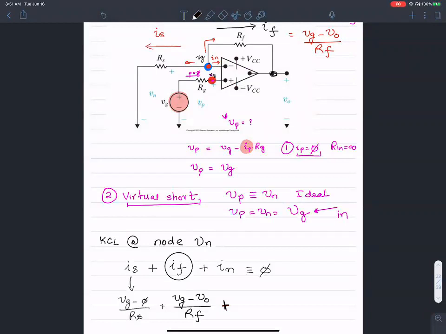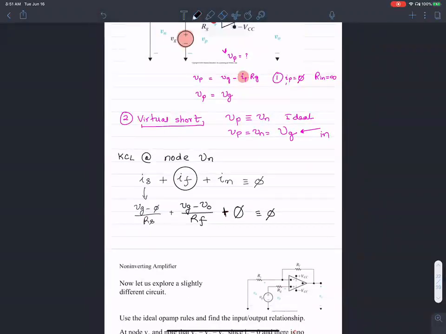What's the current going into the op-amp? It should just be 0, correct? That's 0, right? The current going into the negative terminal of an op-amp is the same as the current going into the positive terminal of an op-amp, which is 0. Okay, so now what we can do is